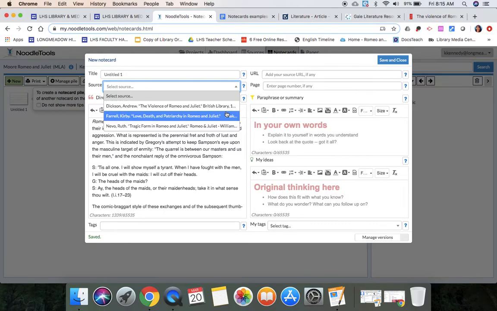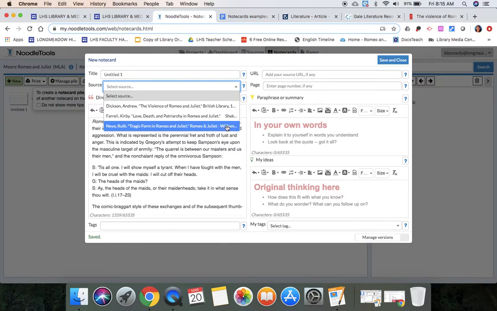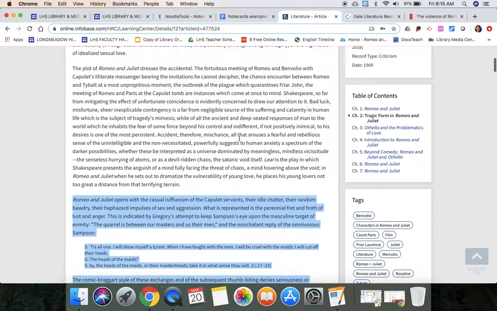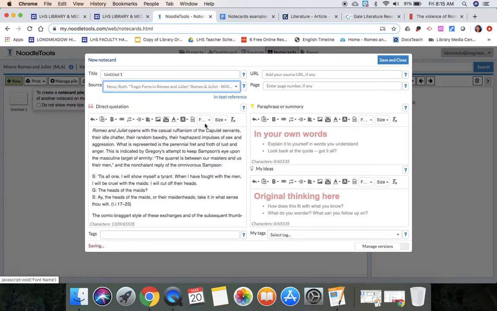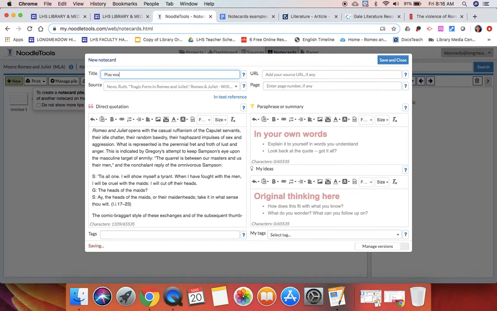I'm going to select which one it's from, making sure I put the title of the article, Tragic Form. Okay, I do need to title it as well. Display examples of patriarchy. And then again, I'm going to read this, understand it, and put it in my own words,